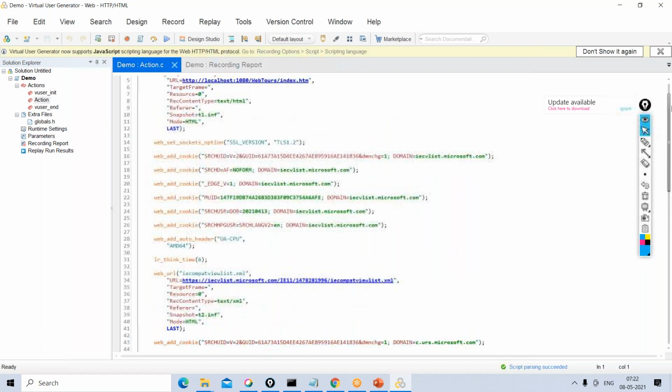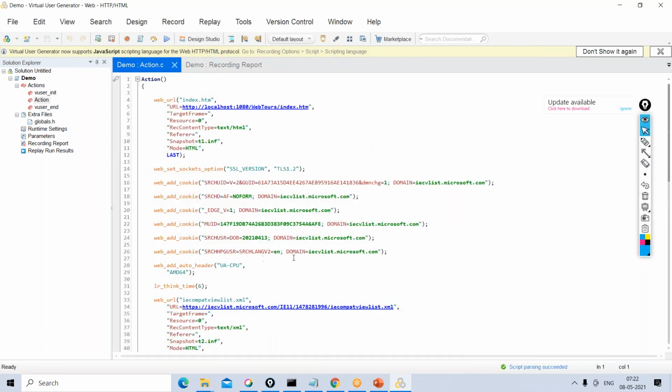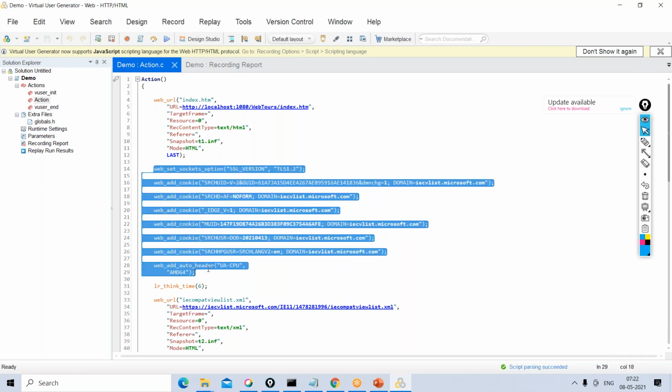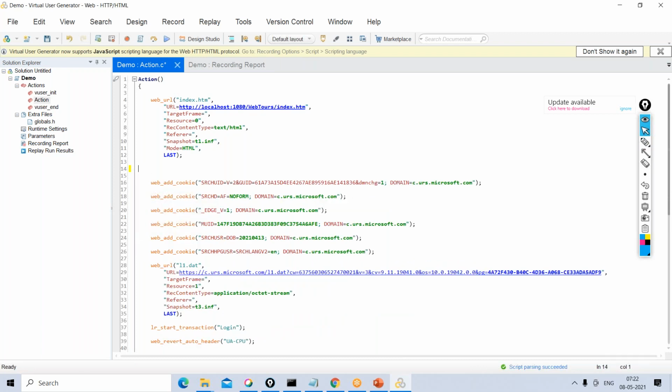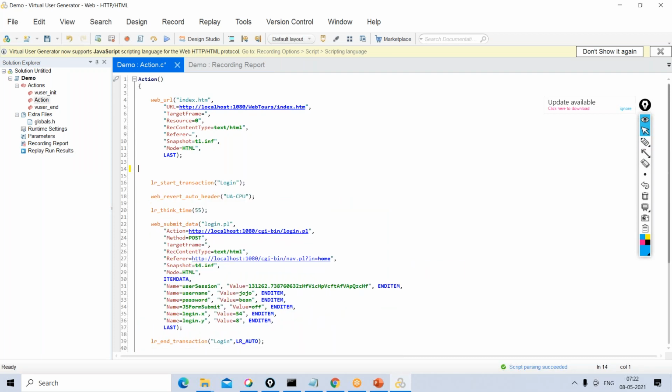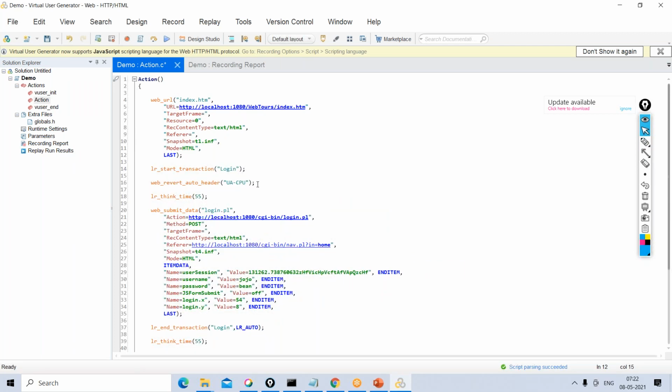So for today's session, I'll remove all unwanted code. I'll explain in detail why I'm removing this code in our upcoming sessions. So let's delete this unwanted code. Now if you see, we have given some transaction names.